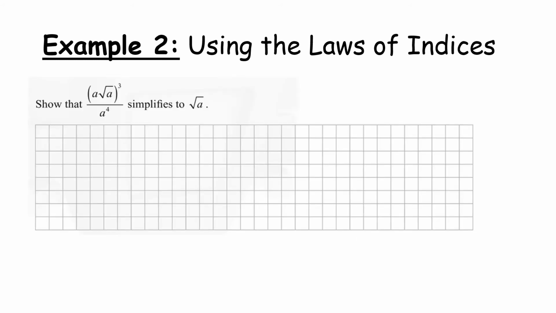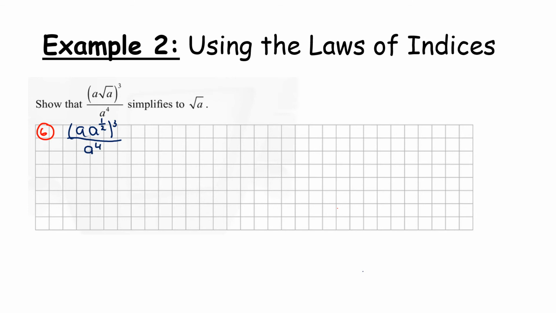So let's take a look at a second example. Show that a times root a all to the power of 3 over a to the power of 4 simplifies down to root a. Again, I'm going to tell you as we use any of our rules. So the first thing I'm going to do is get rid of that square root, and that's going to be using law 6. So that gives me a times a to the power of a half to the power of 3 all over a to the power